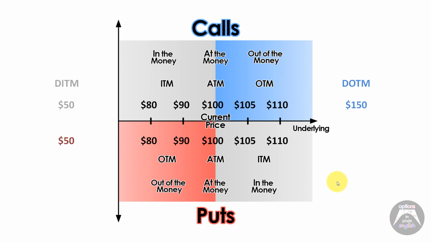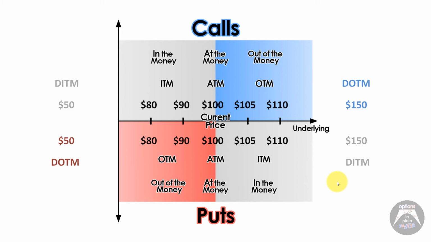For puts, it's the same thing. A strike price that is far from at the money on the downside, for example, $50, would be considered a deep out of the money put, and a $150 strike price for a put would be considered a deep in the money put. And also keep in mind the $150 strike put would have at least $50 of value. So it'll be trading at least $50 and then some